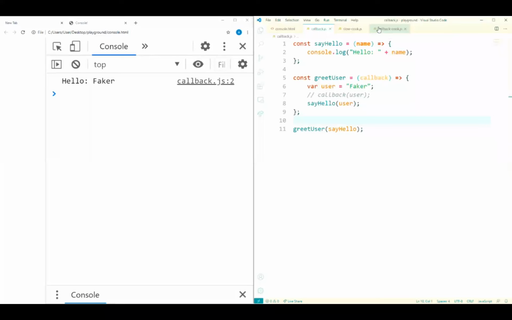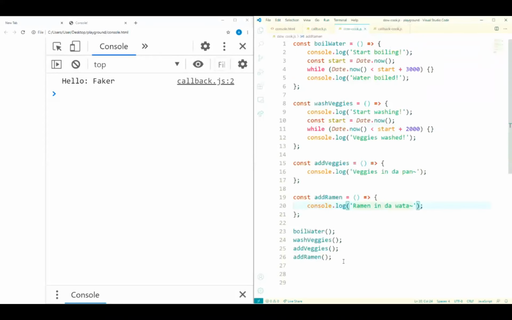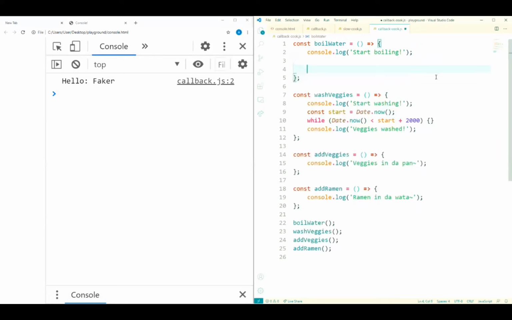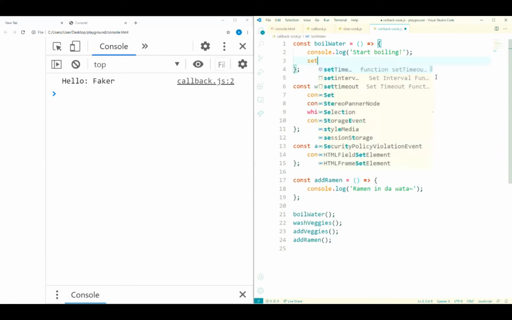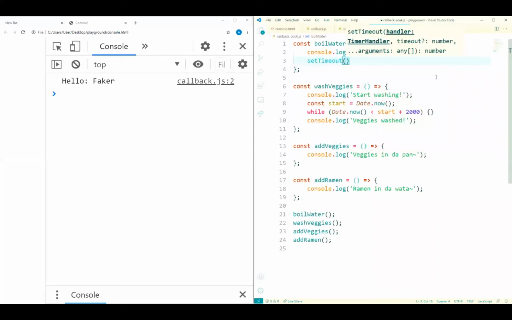So let's go back to our slowcook.js. I'm going to copy and paste everything that we had before, and then paste it here, right? So this is what we had before. This was how we cooked our ramen. Let's try and make our changes now. Remember what we did? Let's get rid of these 3 lines because we don't need them anymore. Our first line is still the same, but afterwards we called the function set timeout. Let's call set timeout, and remember, it takes 2 arguments.